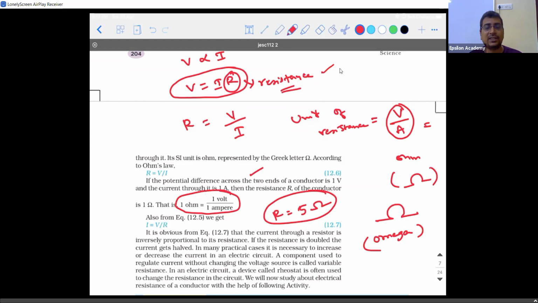Resistance is a property exhibited by a material. What material? By a conductor to oppose the flow of electrons. So question, there are two important questions that we can ask here. Is it only opposing or is it...